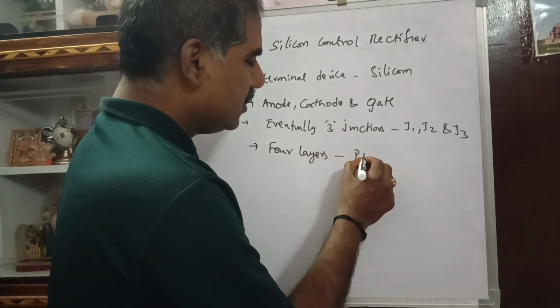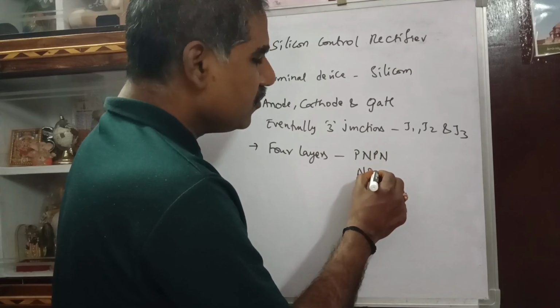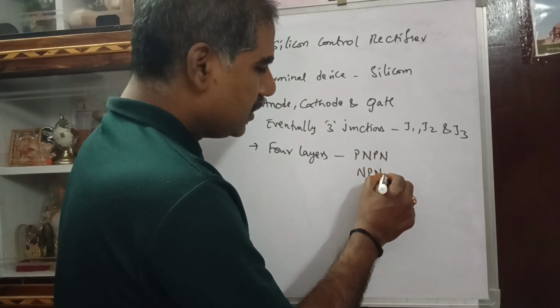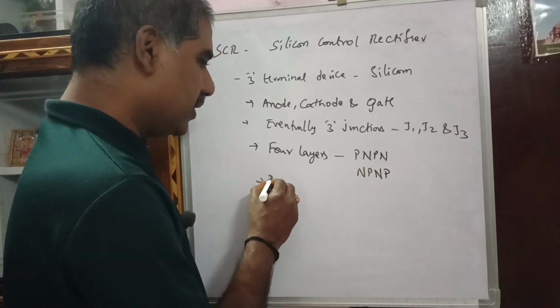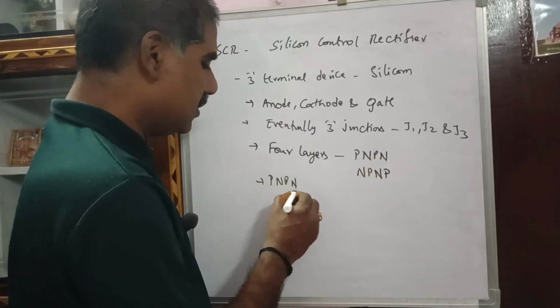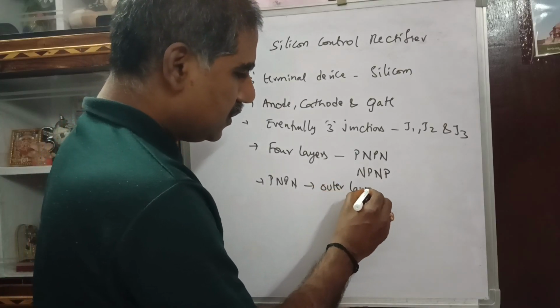The four layers are P, N, P, N. If you take a PNPN, the outer layers or electrodes are heavily doped,